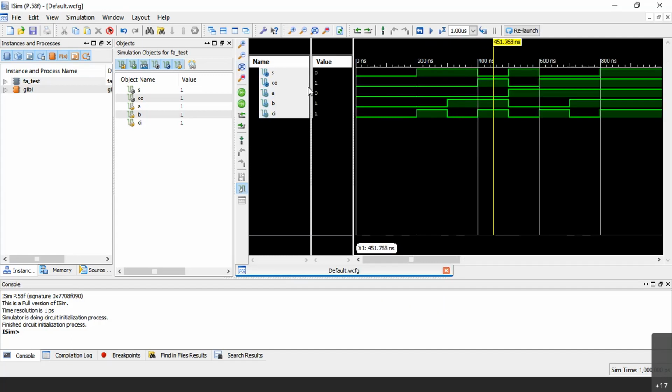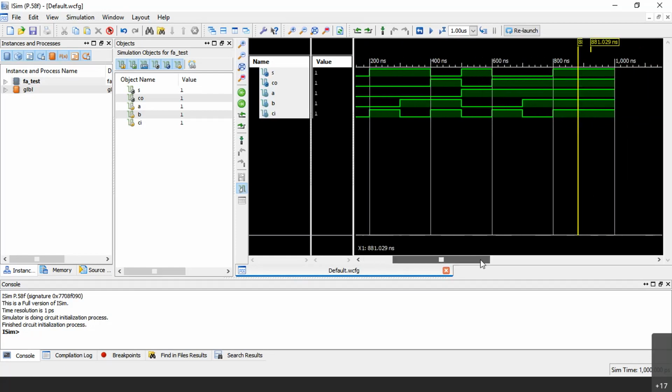You can see in this place also how the values change. And then again it is sum, carry out for the next stimuli. So I'll move from here to here. I'll just keep seeing the sum value: 0, 1, 1, 0, and then 1, 0, 0, 1. This is now sum, whereas carry is 0, 0, 0, 1 and 0, 1, 1, 1.